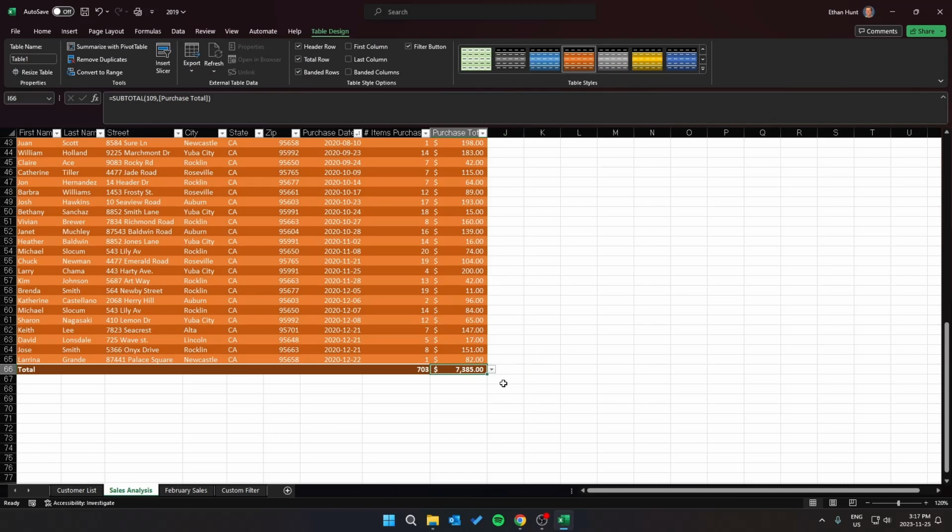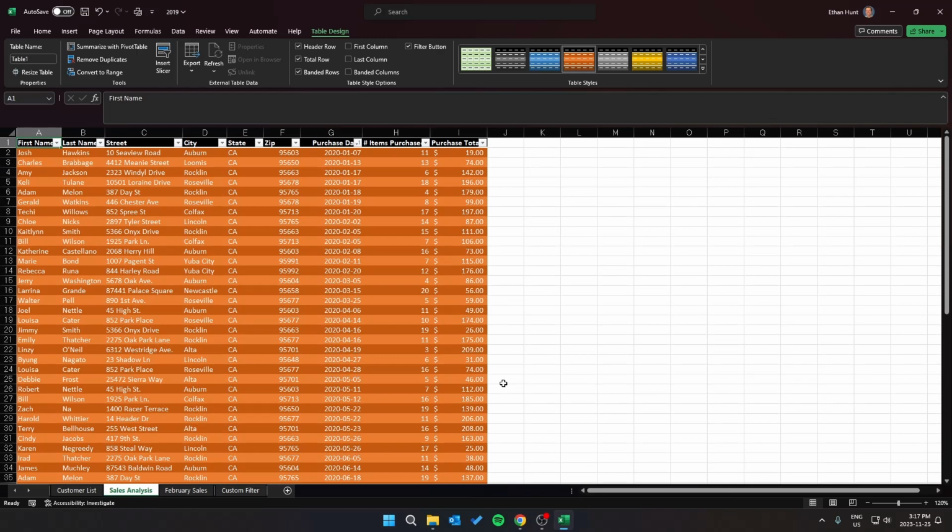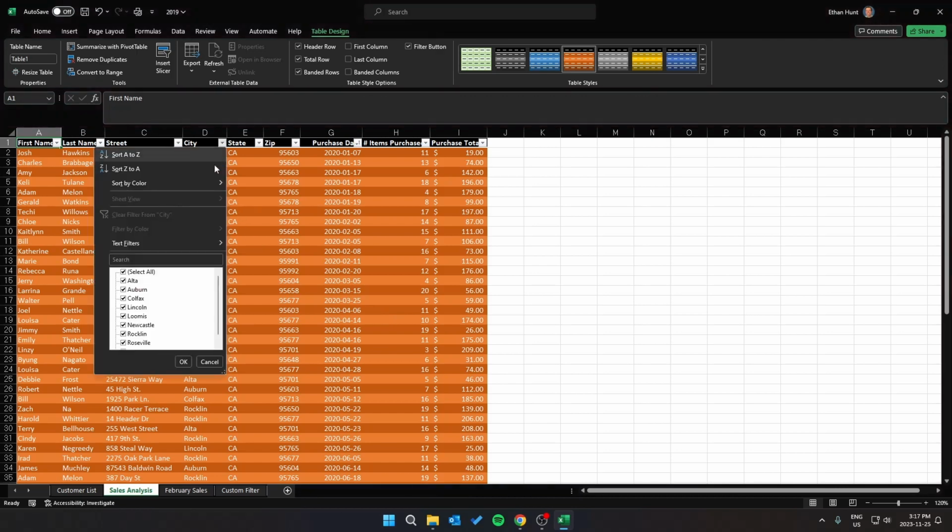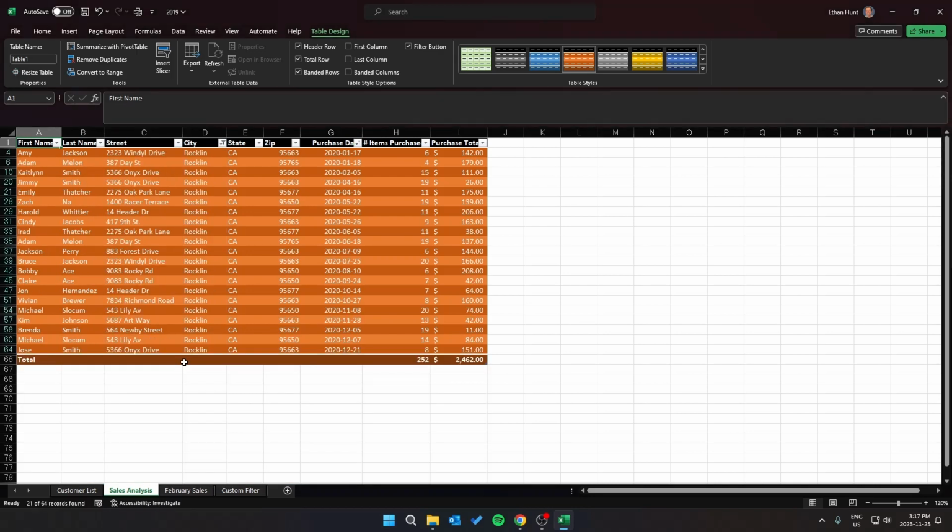Now what we want to do is press Control Home, go to the very top, and filter the table to show only sales from the city Rockland with the zip 95663. So we're going to go to City, click the down arrow, click Select All, and we're going to specifically click Rockland. Click OK. This is great, but now we want the zip